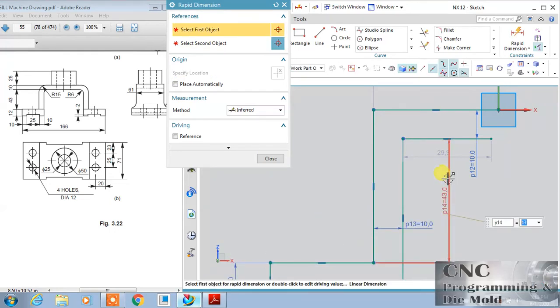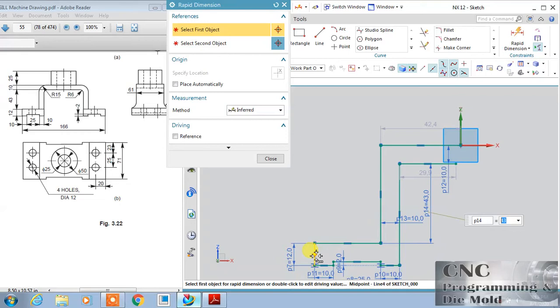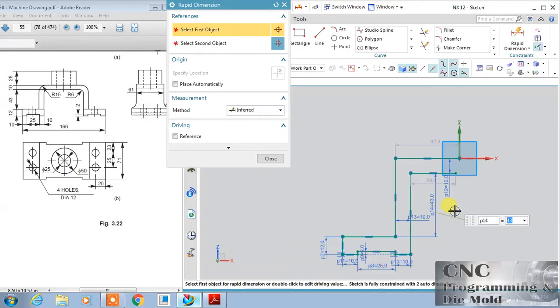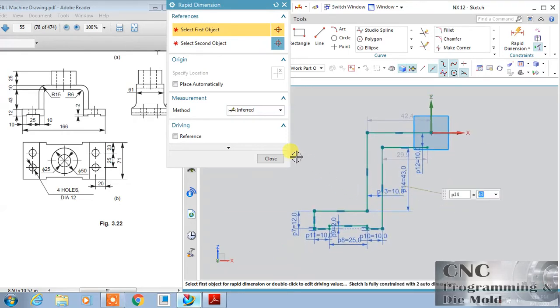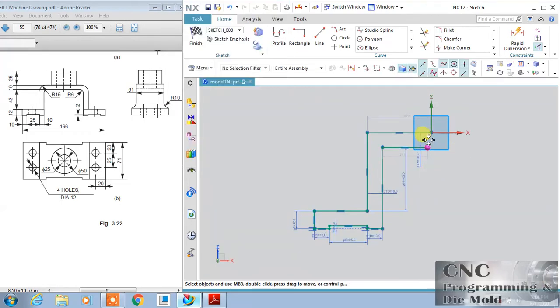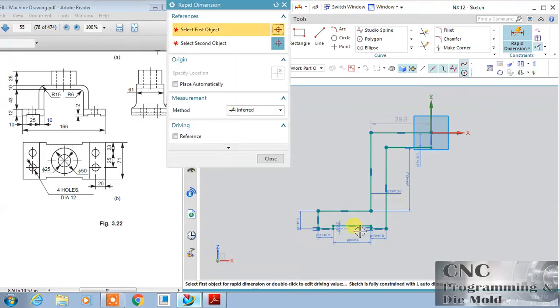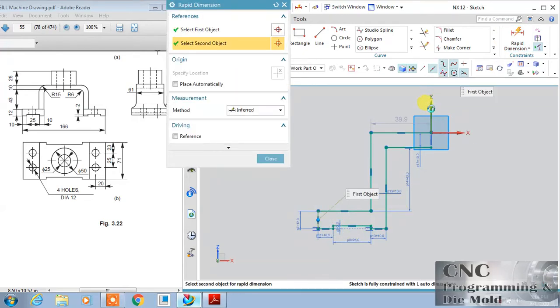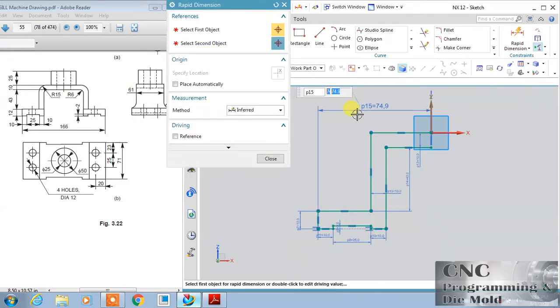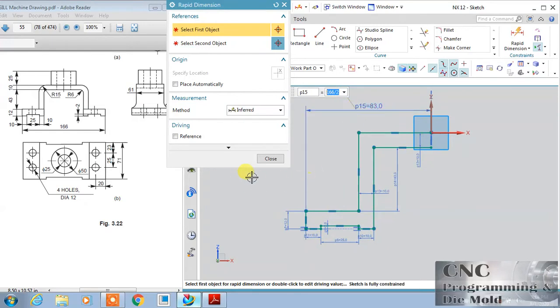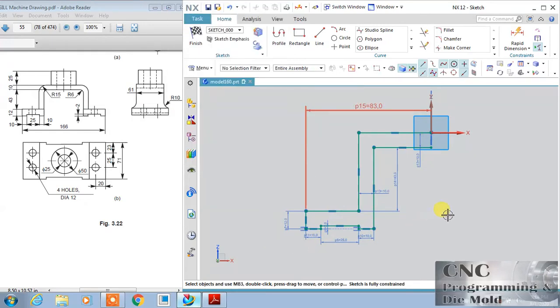Change it to 43, and 12 we have already specified and 10 we have already defined. Now close it and make these two points vertically aligned, and one dimension is left. The distance between the vertical line to here is 166 divided by 2, and close. So the sketch is fully constrained and most of the dimensions we have already defined.